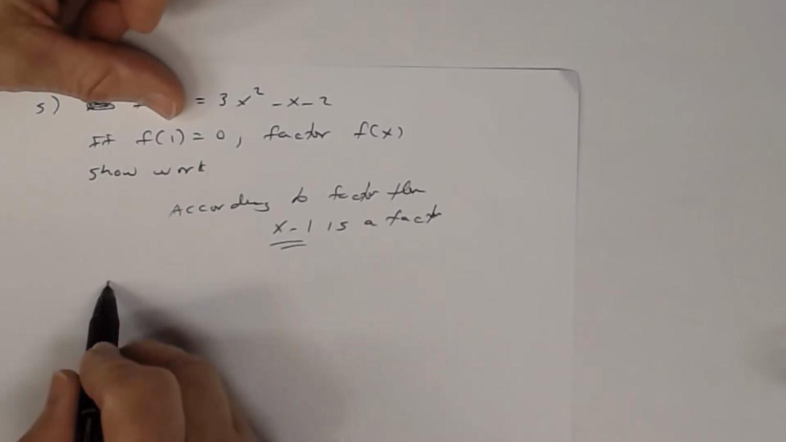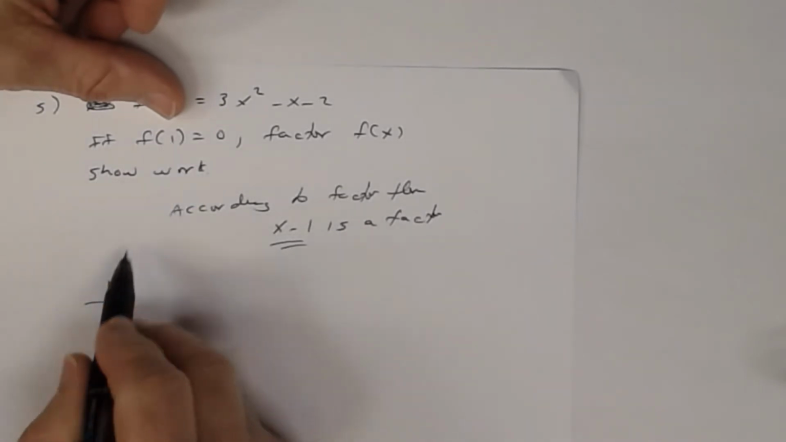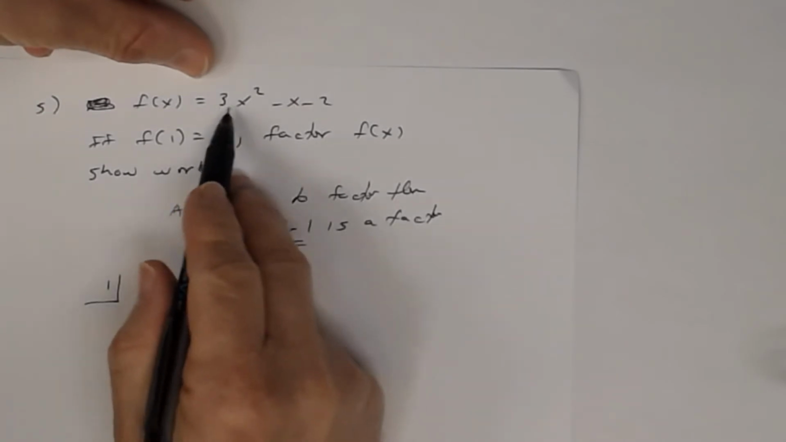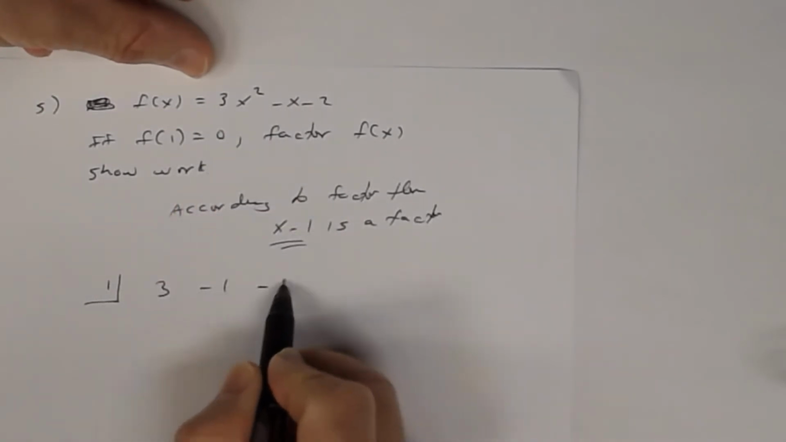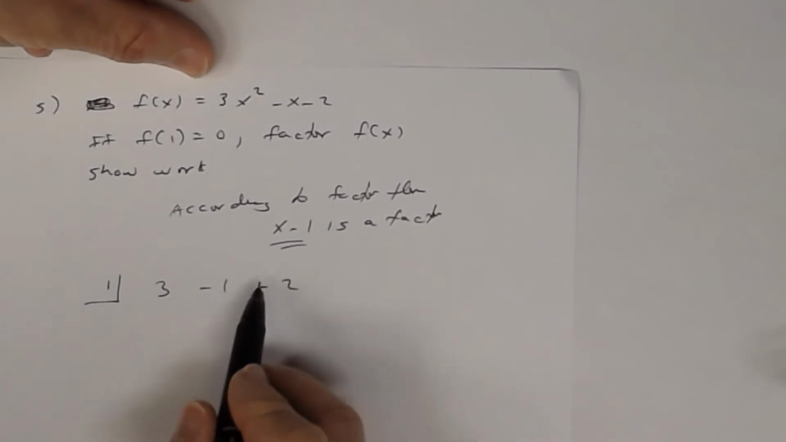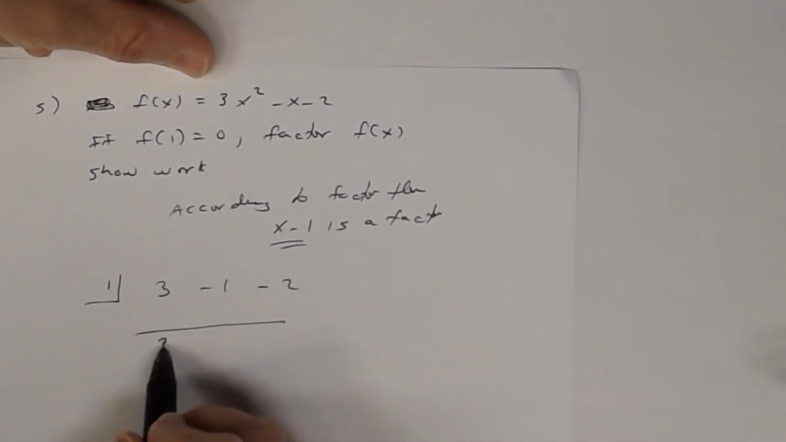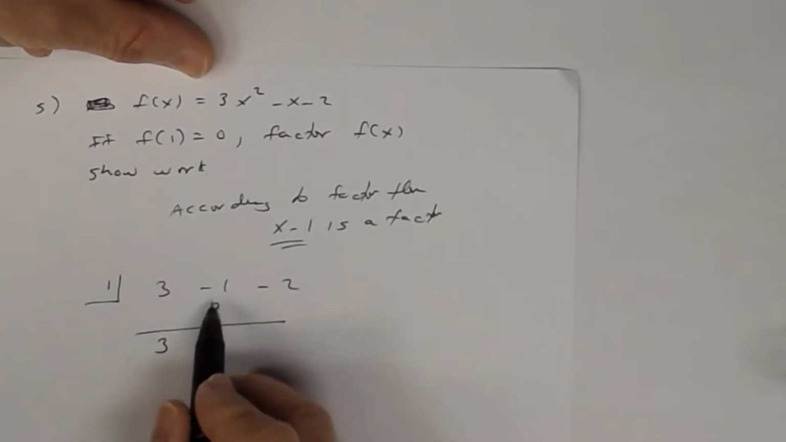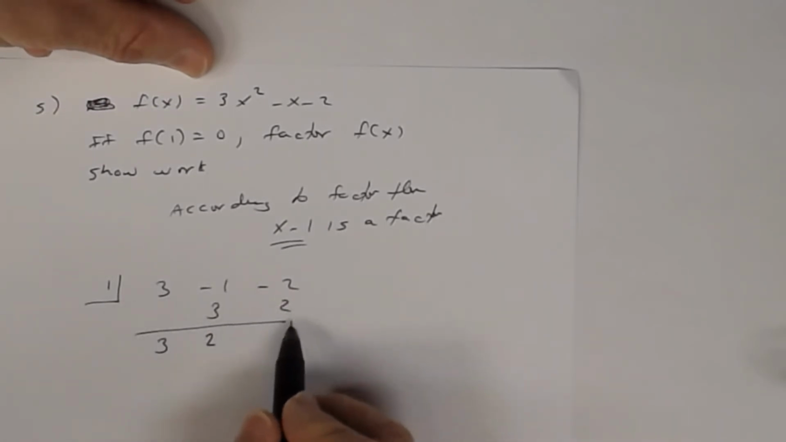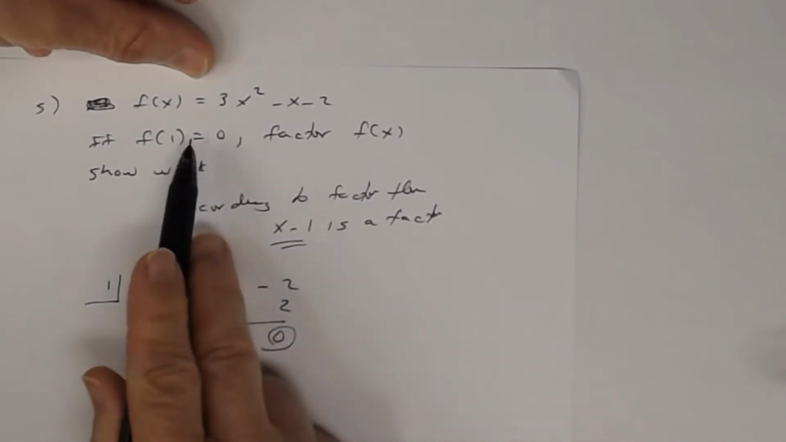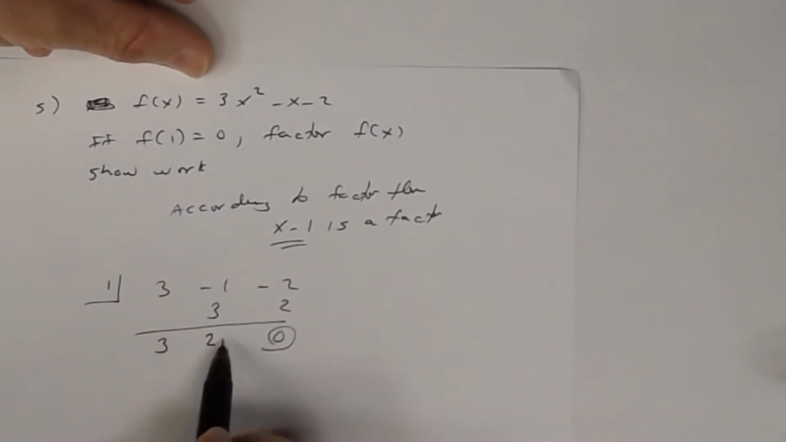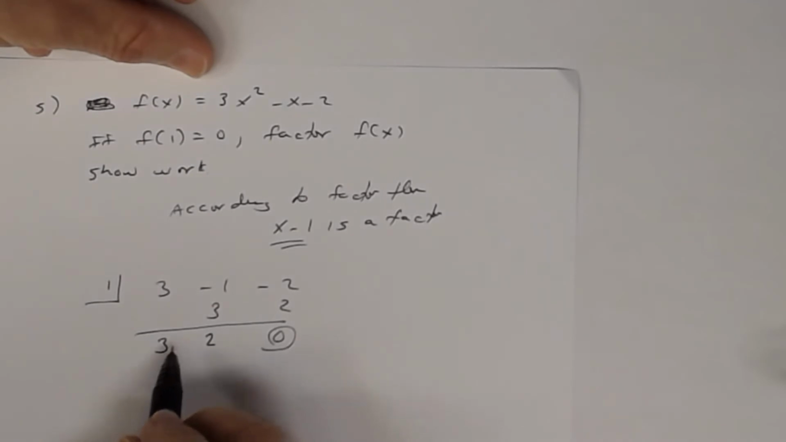If I use synthetic division, this 1 goes here, and the coefficients of my function are 3, negative 1, negative 2, in descending order, and there are no missing zeros. So I bring down the 3, multiply, you get 3, add, you get 2, multiply, you get 2, add, you get 0. This has to be 0 because that's what you were told. Remember, if the remainder is 0, then this quotient is a factor. And remember how to get those variables: this is x squared, this is x, and that's your constant. So another factor